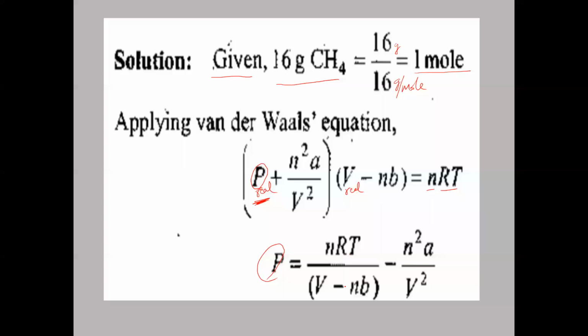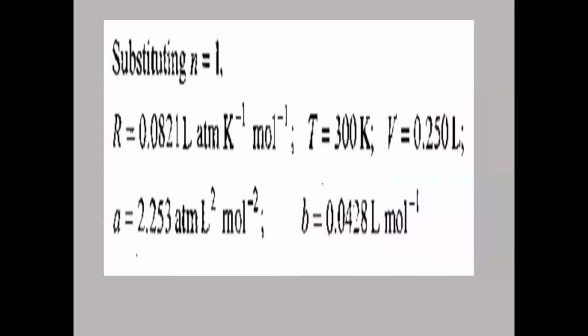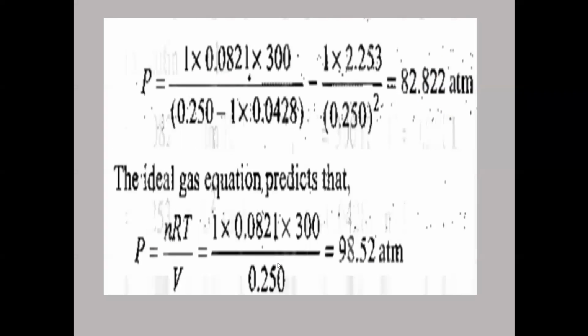So by using this formula we get the pressure of the real gas based on the Van der Waals equation. Substituting number of moles 1, R value 0.0821, temperature 300 Kelvin, and volume in liters, 250 ml divided by 1000. A is the magnitude of the attractive force and B is the size of the gas molecule, both given. From these given values, P is equal to